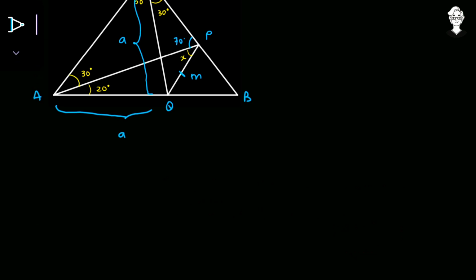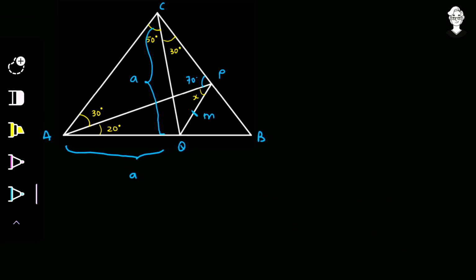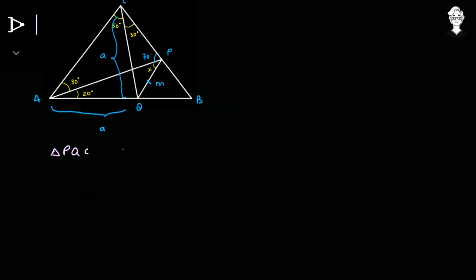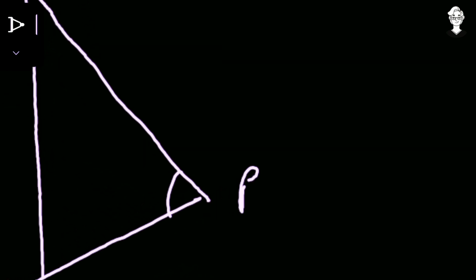First of all, look at triangle PQC. I'm writing it over there, triangle PQC. I've zoomed out, and here's what triangle PQC looks like. Here's the side QC. Here goes the length to P, and from P to the point Q. Here is the point P, and that complete angle P becomes 70 degrees plus X. So I will write 70 plus X.